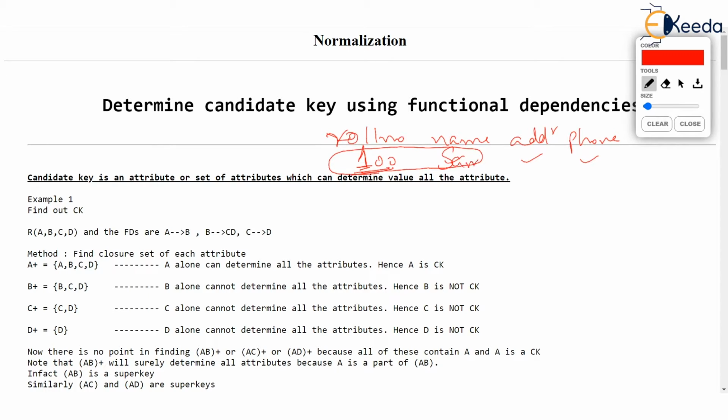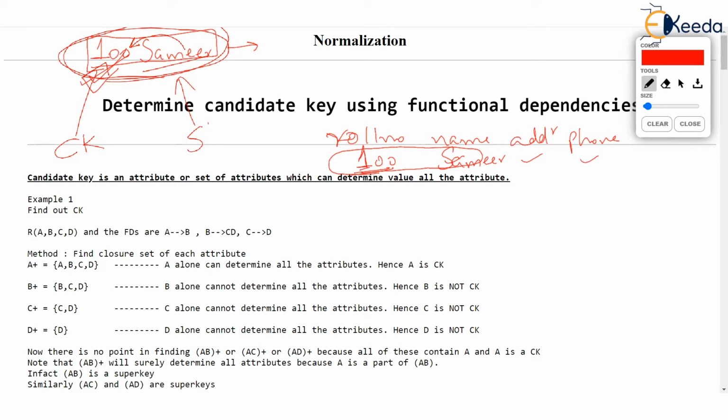Then somebody goes to the institutional office and says that I want details of the person whose roll number is 100 and name is Samir. Well, can the details be gathered? Yes, of course, because this 100 itself is enough to know the details of the student. Now you have added some more attributes to this. Remember, only the roll number was the candidate key. As soon as you add something more to the candidate key, you get roll number and name as a super key.